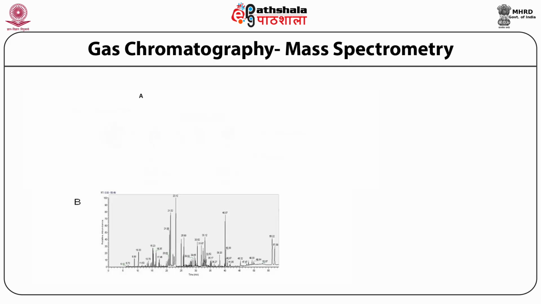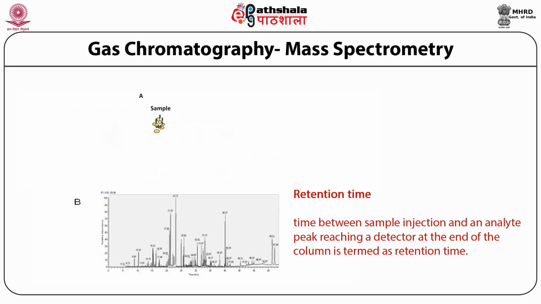So you can calculate the retention time or the relative retention time, which is defined as the time between sample injection and an analyte peak reaching a detector at the end of the column. In this situation, the red analytes will reach the detector faster, so they will appear first. The first peak that you will see in the chromatogram would be of these analytes, followed by the analytes